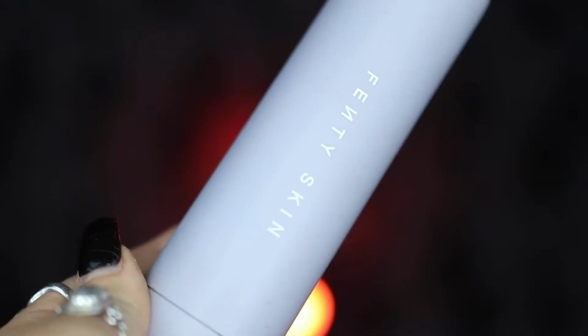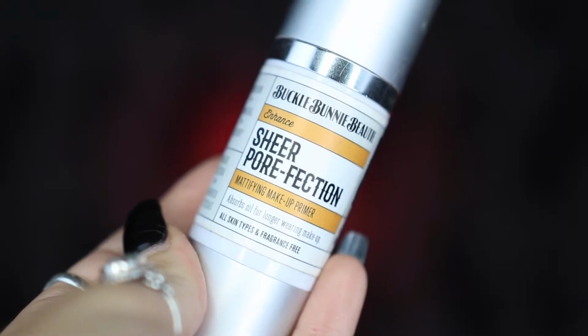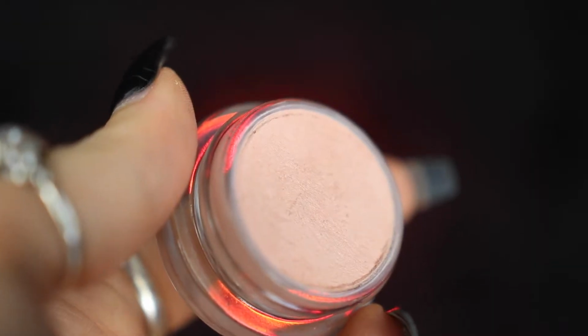So as you can see, I'm just starting off by popping in some brown contact lenses before moving on to taking my Fenty Skin sunscreen and applying this all over my face to help moisturize it. I'm then going to be taking my Buckle Bunny Beauty Sheer Perfection Primer and applying this all over my face before moving on to my Becca Cosmetics Under Eye Brightener and applying this under my eyes to help brighten and